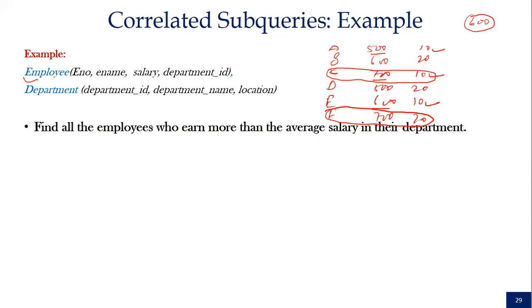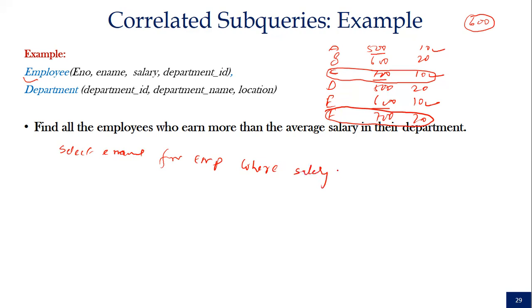Select all from employee where salary is greater than a subquery that selects average salary from the employee. Like if I'm writing select employee name from employee, and where, what should I write?